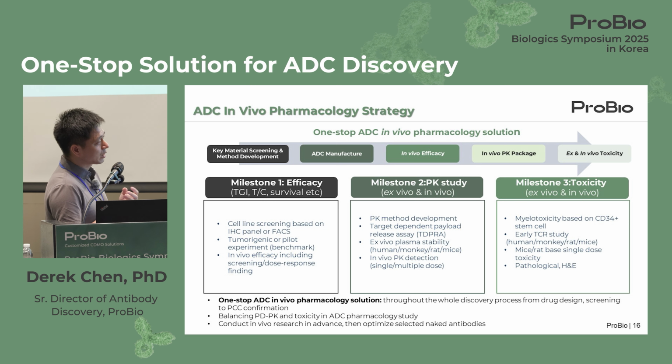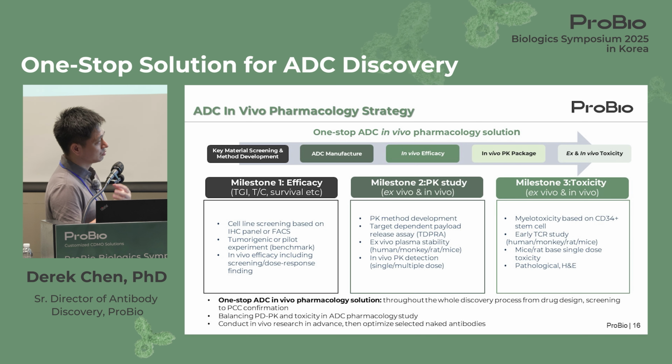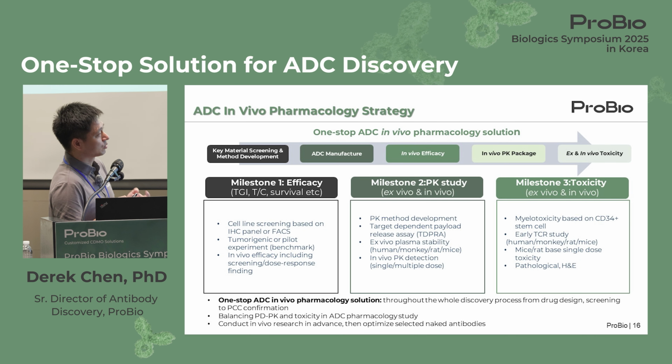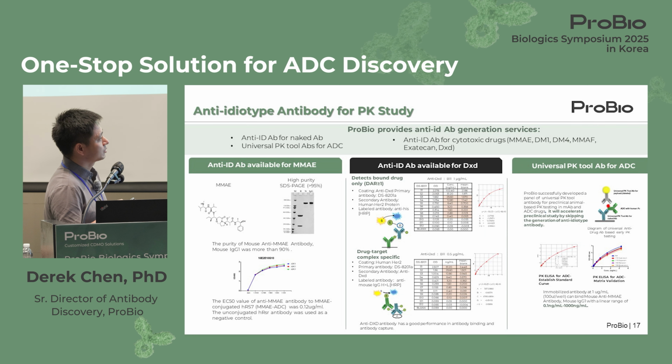So that's why we normally recommend conducting early-stage toxicity studies at the discovery stage using either rodents or a non-human primate. To conduct the PK and ADA studies, you need a panel of reagent antibodies like anti-idiotype antibodies. The generation of anti-idiotype antibodies can be very time consuming. Most likely, you will need 5 to 6 months to generate these reagent antibodies to develop the PK and